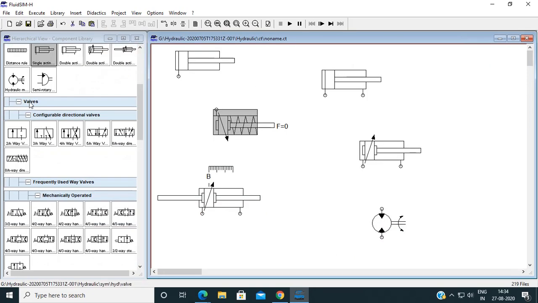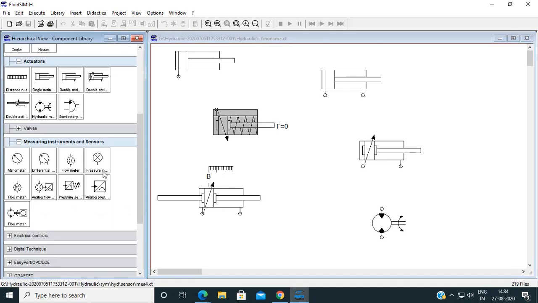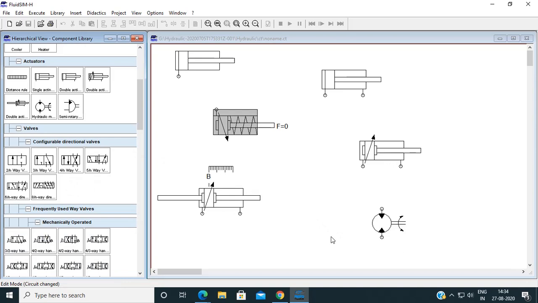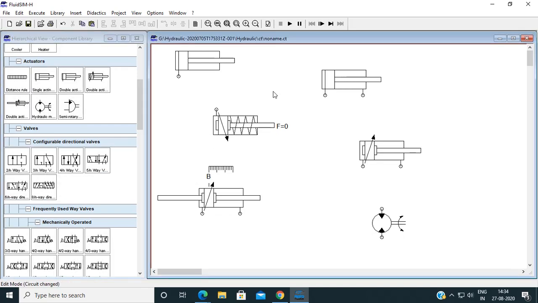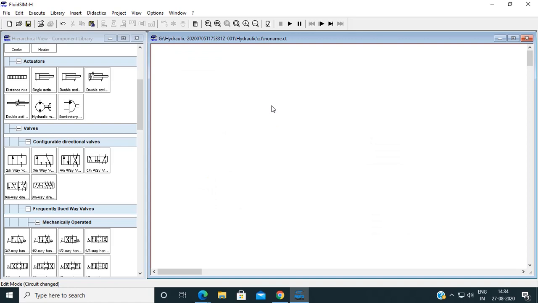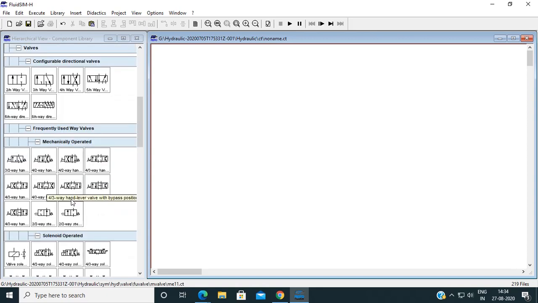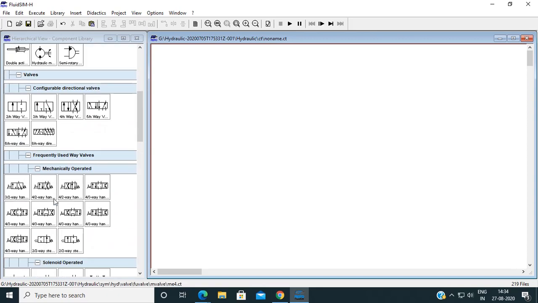Next thing is valves. Under the category of valves, we have three types of valves: direction control valves, flow control valves, and pressure control valves.